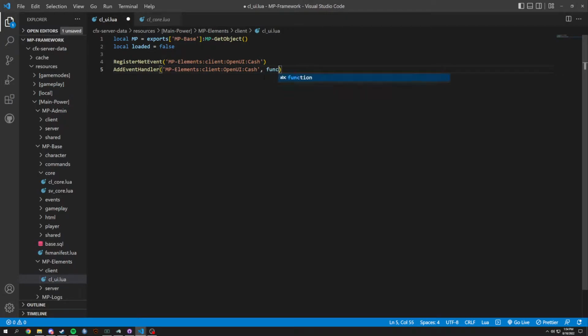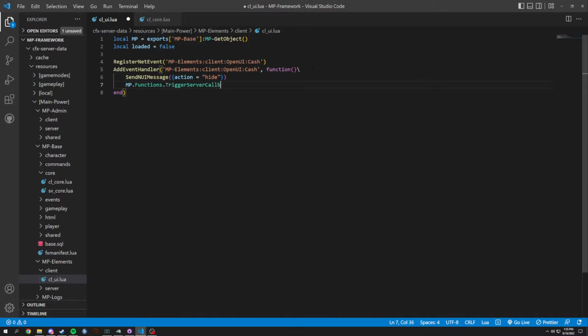We'll do a comma function here. And first things first, we're going to do a SendNUIMessage, which is going to include the action of hide. And then we're going to do mp.functions.trigger